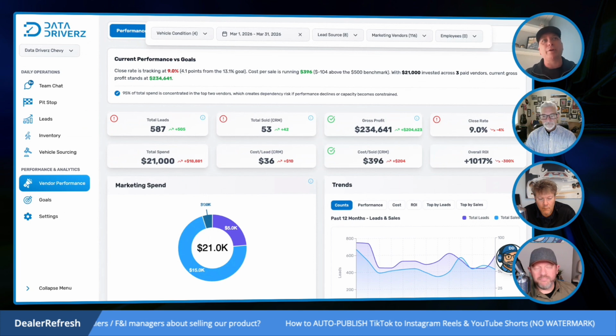I think there are a lot of different ways. There are a lot of things we can go into, like VDPs and all these different things. But I've always said, hey, if I give you $1, how long is it going to take to get this dollar back in return?